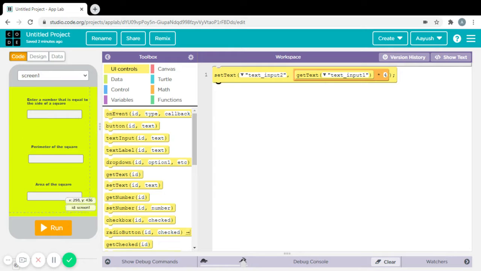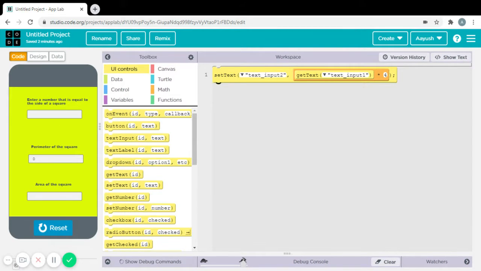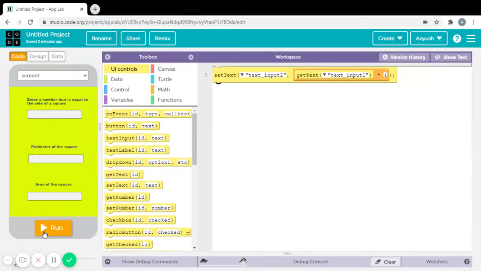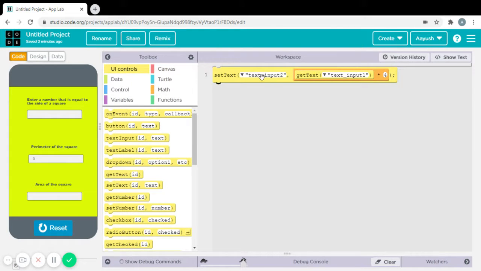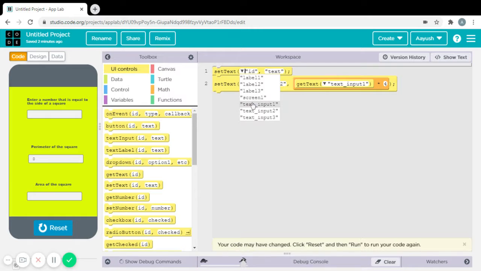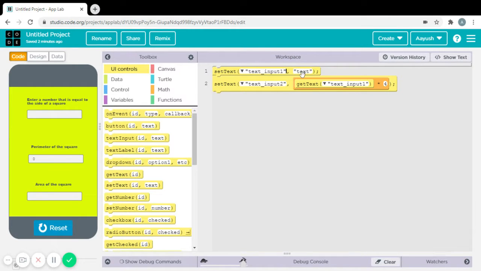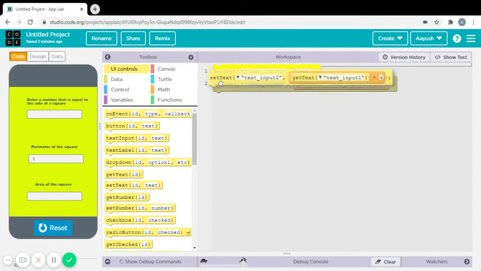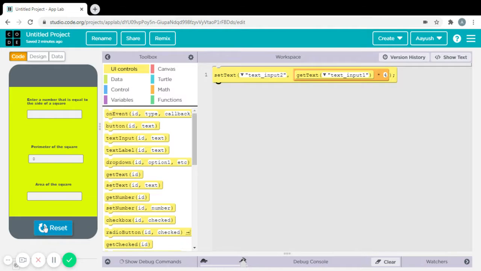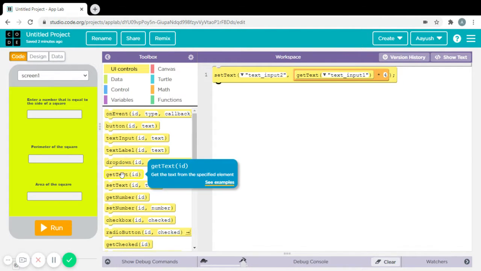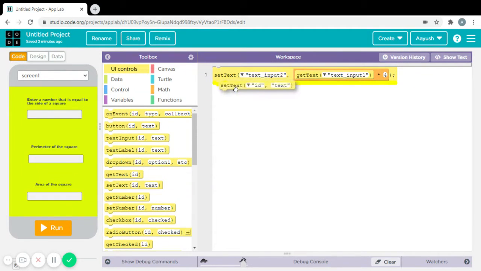Then now let us run it. We can just type 11 in the text input, reset, run. It shows 0 because we have not set the text. So first we need to put a set text, id text input 1, and then text, it will automatically ask us. So let's just wait, it will come later. So let's reset. Then we will get the text later, and let's set the text for the other text,